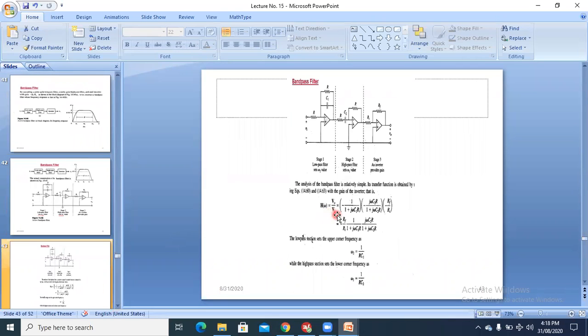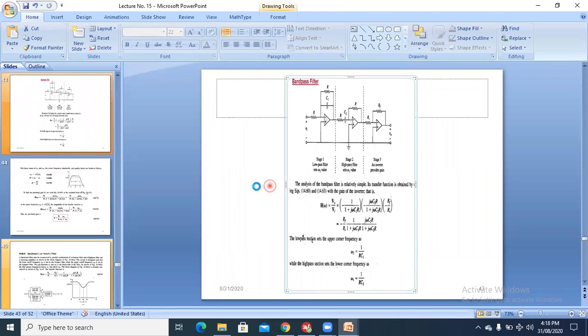In fact, this is equal to V out by Vi, and this is the response of low pass filter. This is the response of high pass filter, and this is the gain of the inverter. So when we multiply all this, we can see